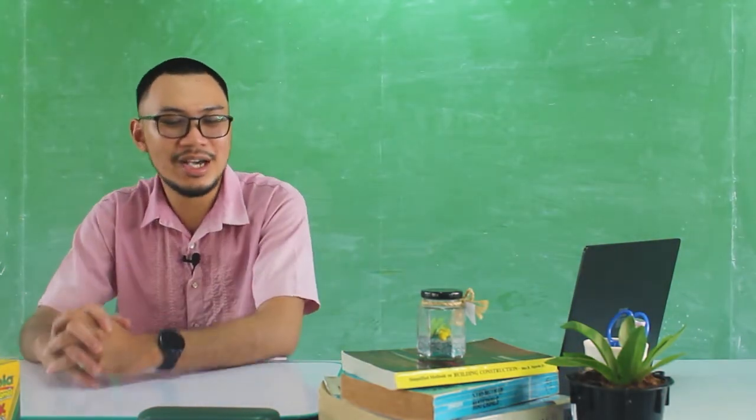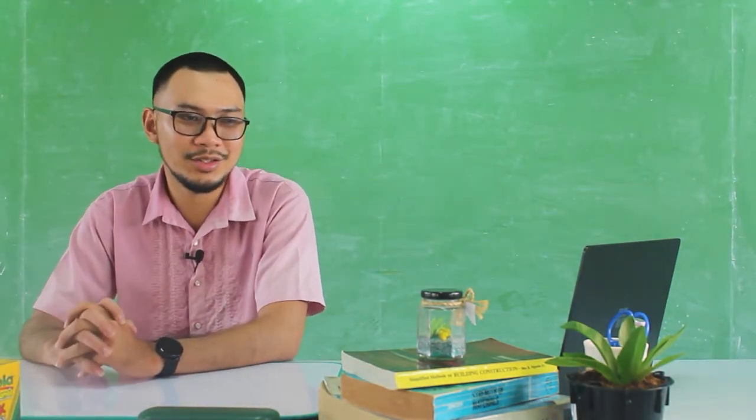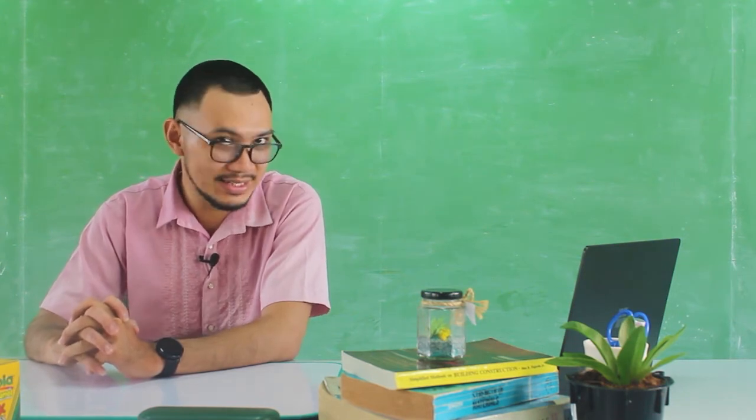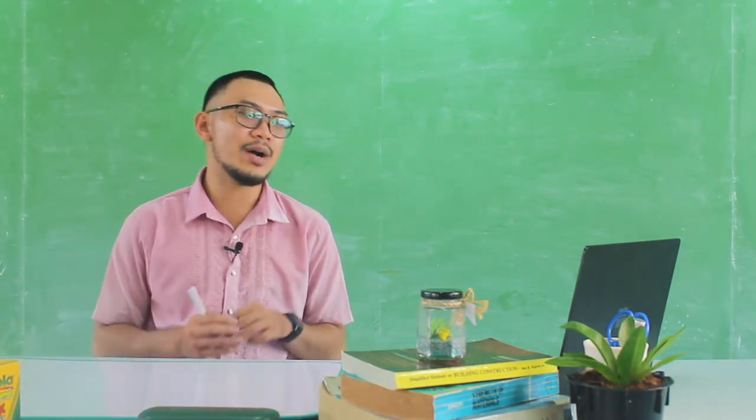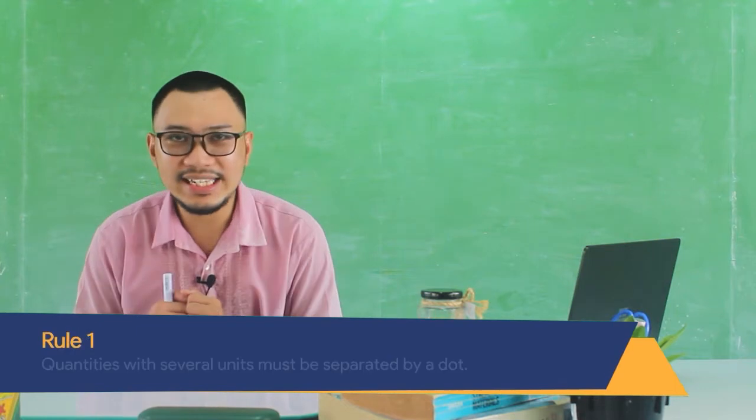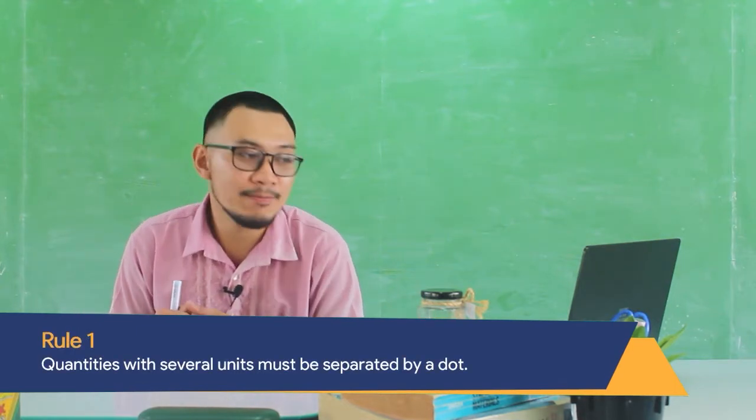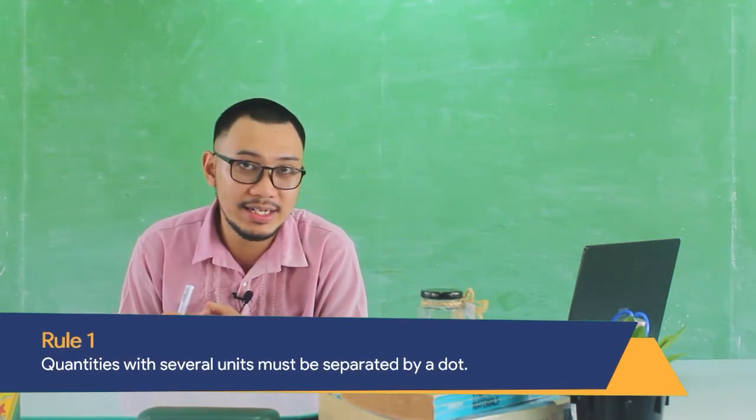This is important. What are the rules that we have to take note of when we are talking about prefixes? Sometimes, if the prefix is placed wrongly, it is usually misinterpreted. We have these rules that you have to take note of when you are going to deal with prefixes. Okay? So, rule number 1. Quantities with several units must be separated by